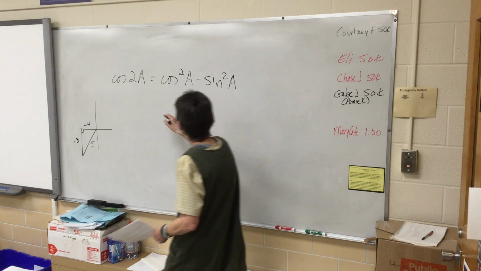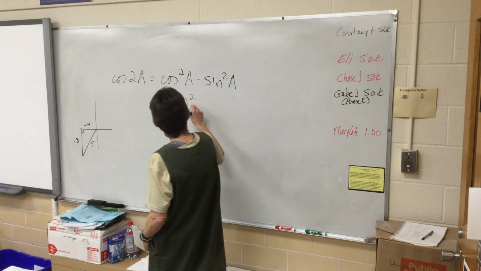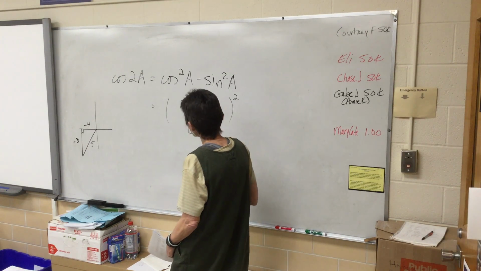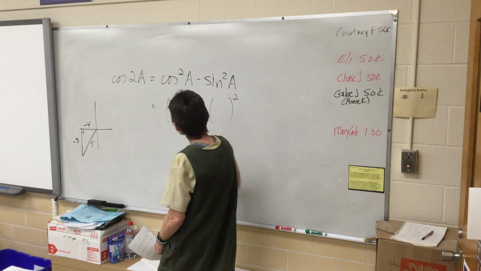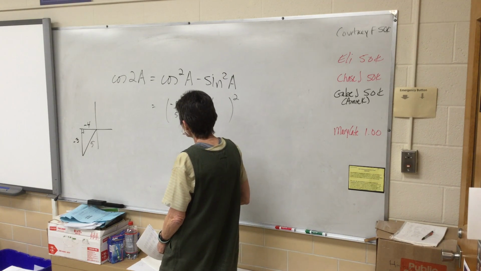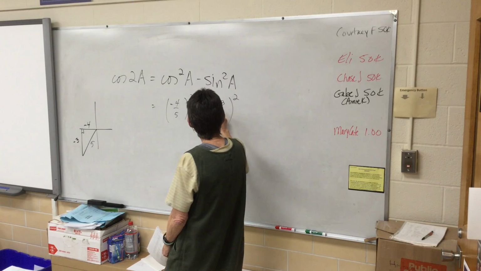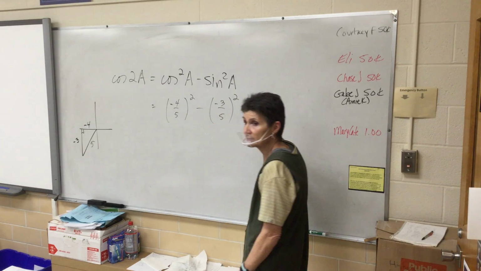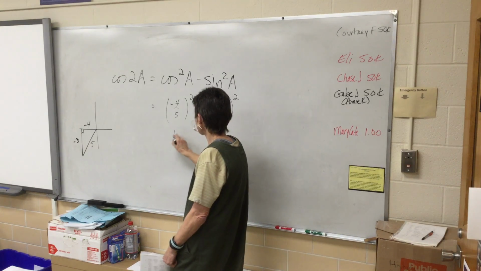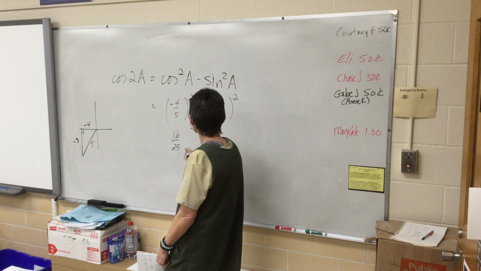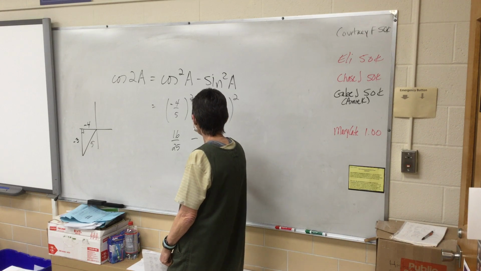And then we'll plug them in. So this is the cosine squared minus the sine squared. So the cosine is -4/5. The sine is -3/5. Is everybody okay with that? And then we square, so we get 16/25 minus, I think,